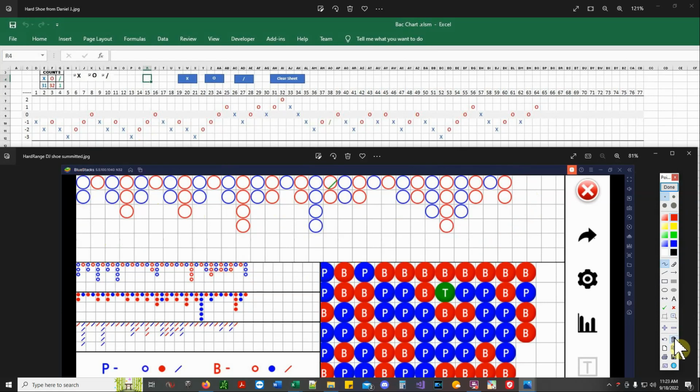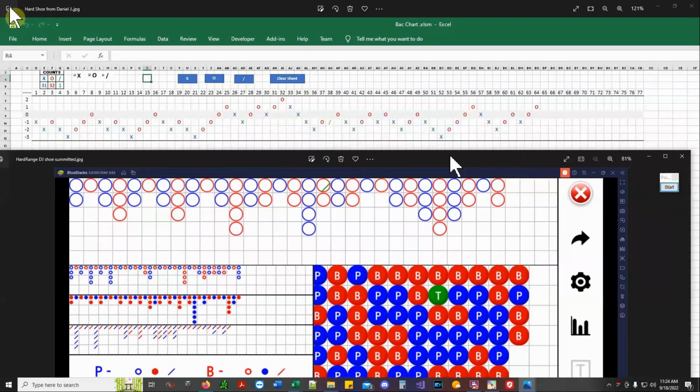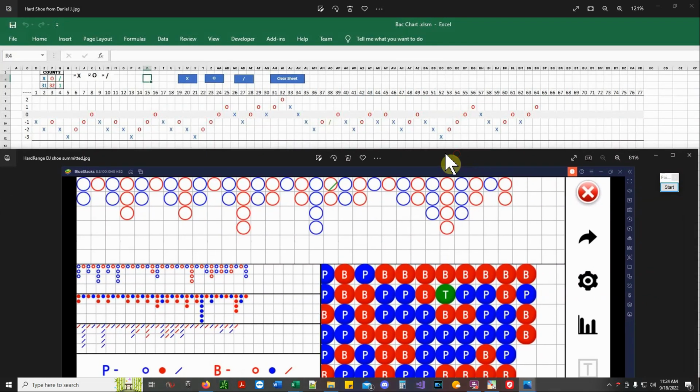Now, the chart you see above it is on my chart. And this is what it would be looking like if you were looking at it the way I look at charts. Okay? This particular shoe. Now, I usually don't start betting until it gets in right around hand 15